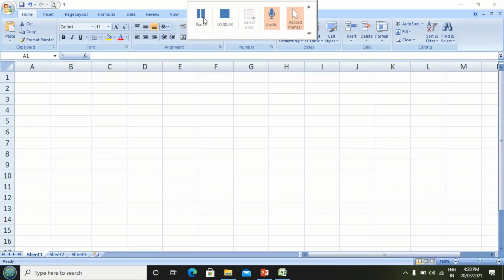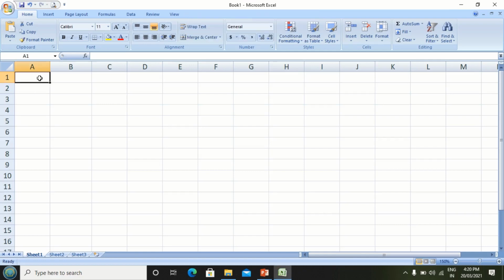Now let us see how to generate the series of days. Select any cell first of all. As usual I select cell A1. Here I want to generate series of days. So the first day that comes in calendar is Sunday. So here I type Sunday. In the selected cell I am typing a day Sunday. Select the cell.